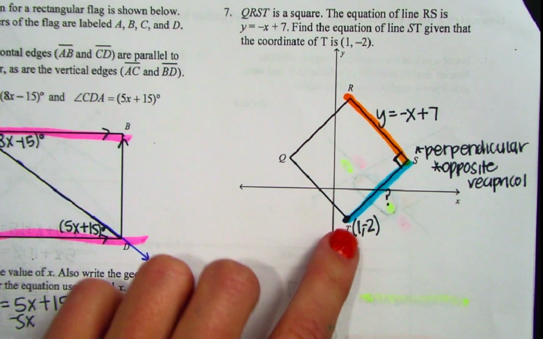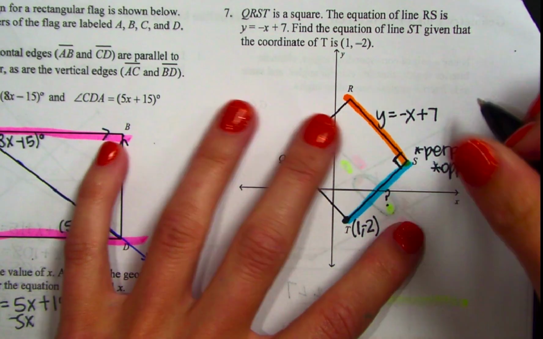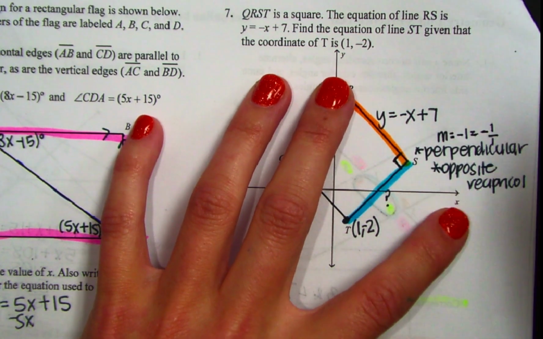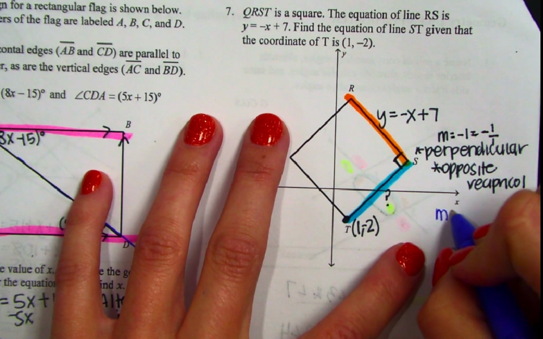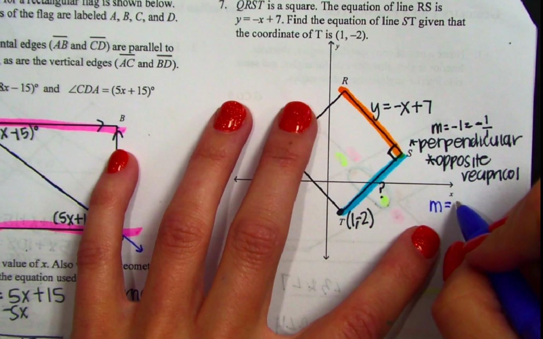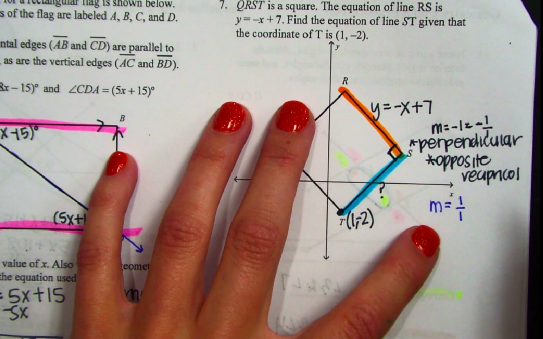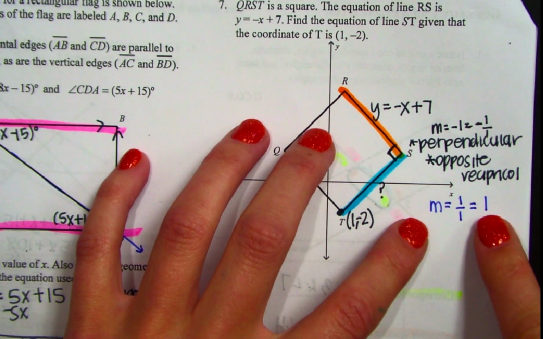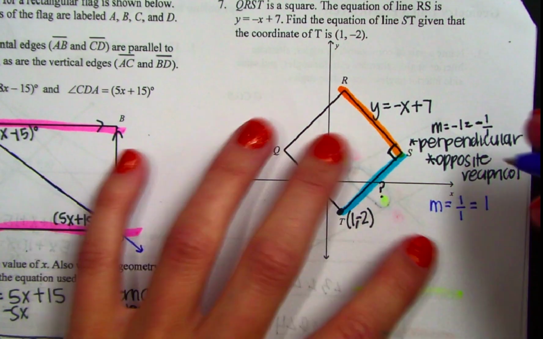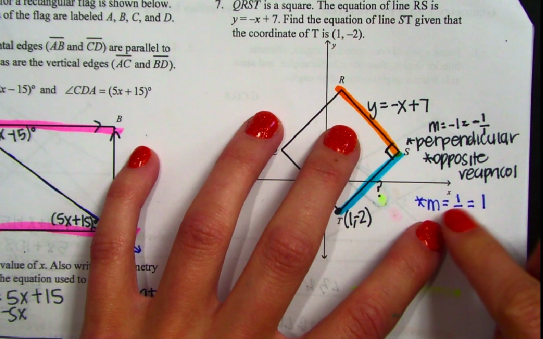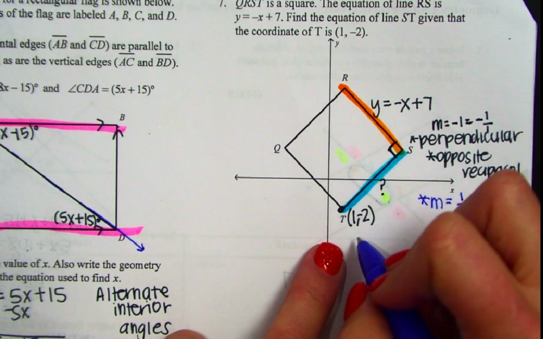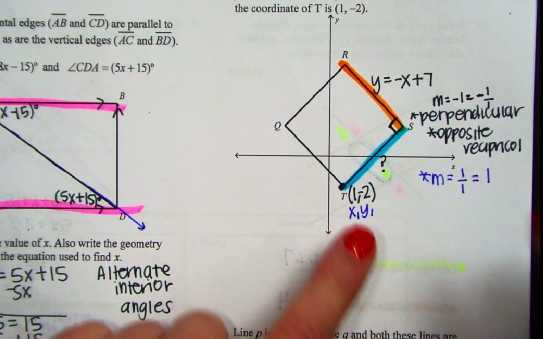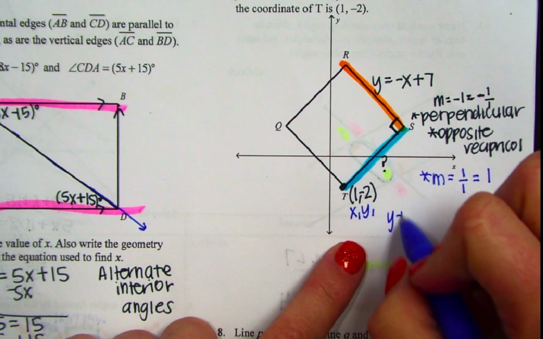So the slope up above is -1, which is the same thing as -1/1. So when I create my new slope, I'm going to change the sign, so it's going to become +1, and then flip the fraction so it stays as 1/1, which is 1. So my slope that I'm going to use is +1 for my equation right here. So I'll use m is equal to 1, and then I'm going to use my ordered pair, x1, y1, because this line is passing through this point. So using these 3 numbers, I will use my point slope formula